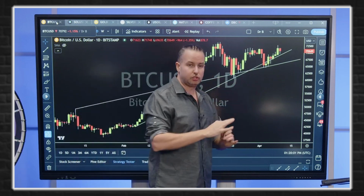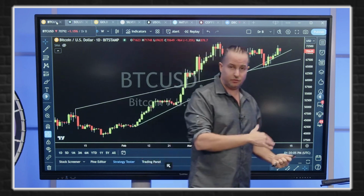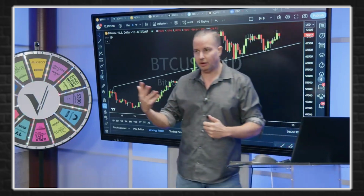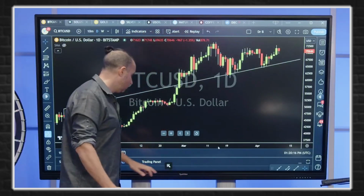So again, if you're just looking at where you need to be bearish or bullish on Bitcoin, it's very simple. We're going to take away this one that goes there. And I just like keeping it clean, right? You guys know I don't use a lot of crazy indicators on my chart. I keep it as simple as possible. So basically what we have here...